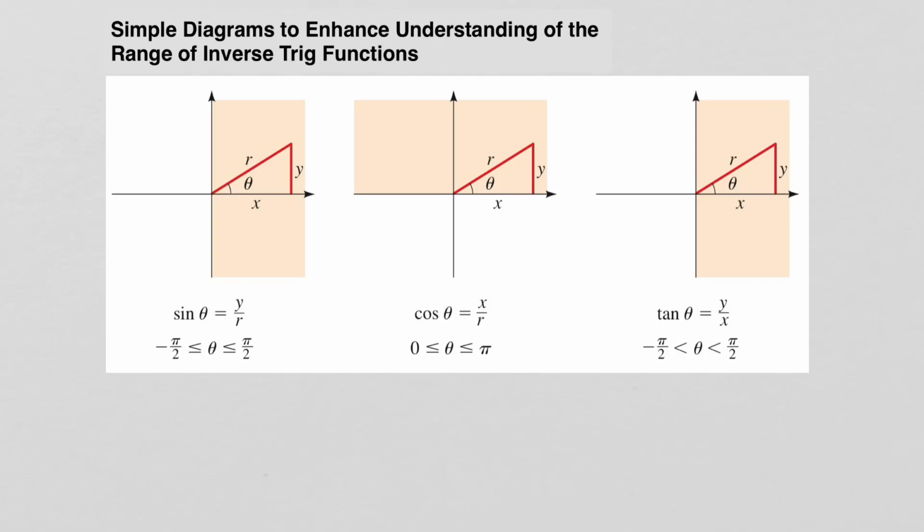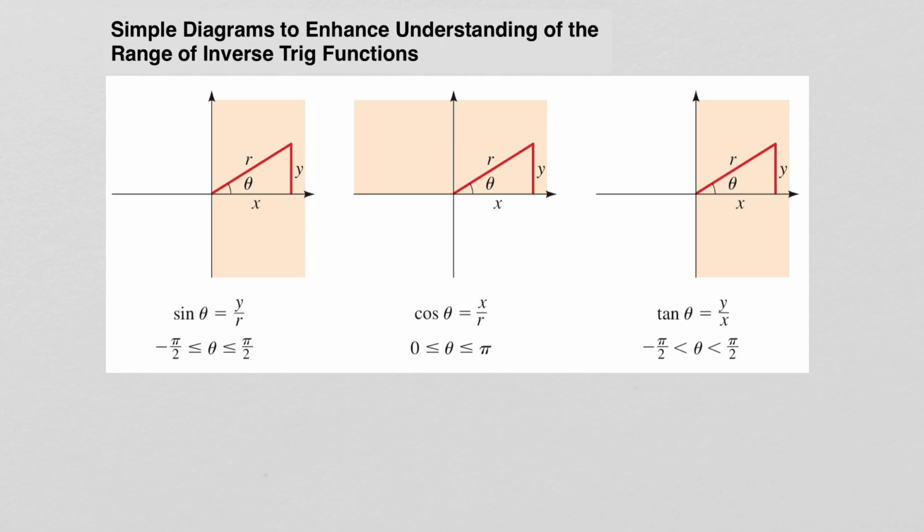Now, once we have an angle in a particular quadrant, so for example, if an angle theta is in the first quadrant, we know that sine of theta is defined to be y over r, cosine of theta is defined to be x over r, and tangent of theta is defined to be y over x. And so we can use these simple definitions of sine, cosine, and tangent to help us evaluate expressions involving inverse